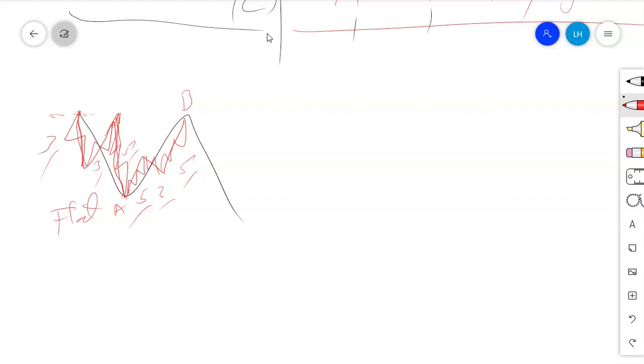Then what will be the structure of the third wave, wave C? The structure of wave C can usually remain the same. It can be an impulse or it can be a diagonal. Diagonal mainly in wave C is what we call the ending diagonal. An impulse is the 1, 2, 3, 4, 5, and the diagonal also is 1, 2, 3, 4, 5. But within an impulse there is no overlap between wave 4 and wave 1, while within a diagonal there is overlap.